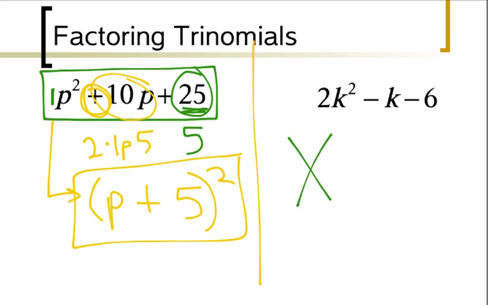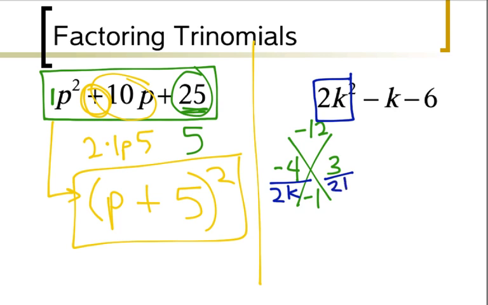I look for 6 times 2, or negative 6 times 2, which is negative 12, and then I put negative 1 on the bottom. So I have to think through my factors of 12 that add to be negative 1, and if I get negative 4 and positive 3, I do multiply to be negative 12 and it adds to be negative 1. So then again with my magic x, I'm supposed to divide it by 2k without the exponent. And that gives me, I can reduce this to be negative 2 and this to be 1. So that gives me k minus 2